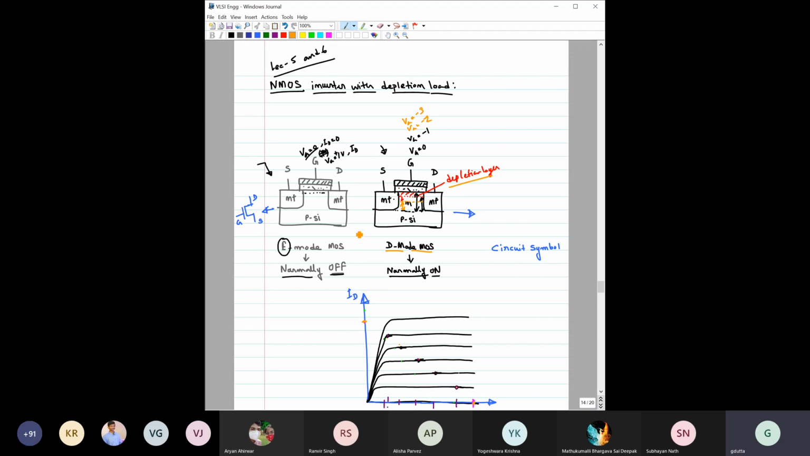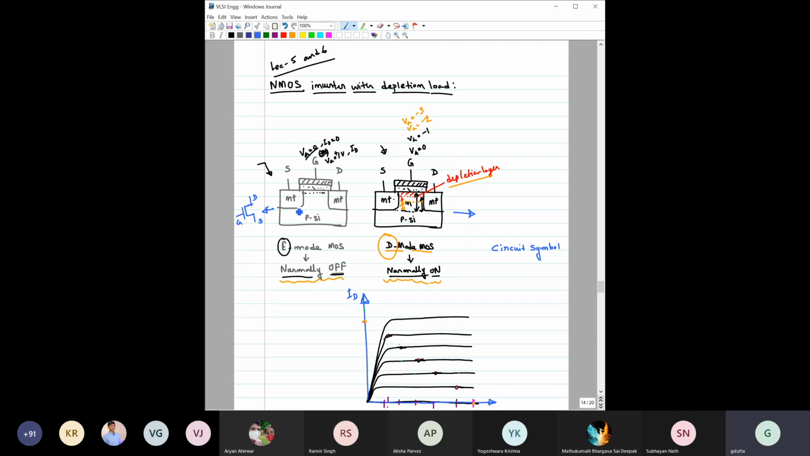So I hope this part is clear, from the construction and from the operation point of view, how the enhancement mode and depletion mode devices are different, and why they are called normally off devices, that is the enhancement mode devices, and why these D mode devices are called normally on devices. So any doubt? Okay. If there is no doubt, then let us move to the next part, which is regarding the